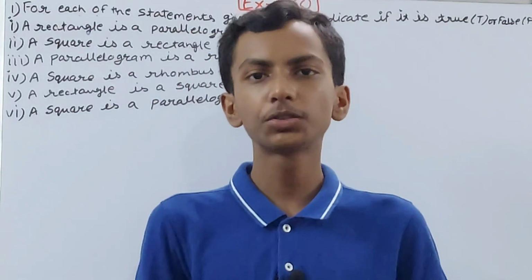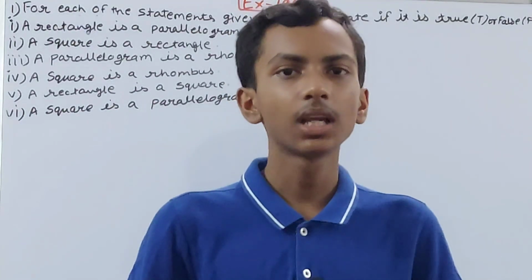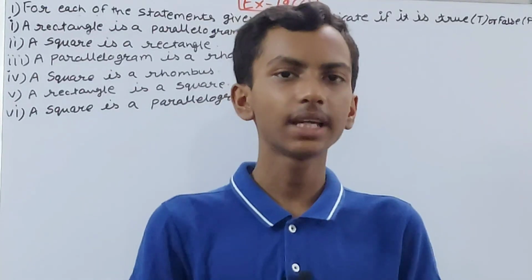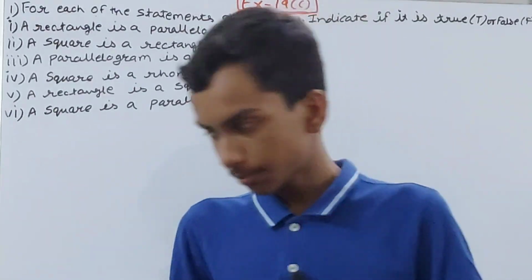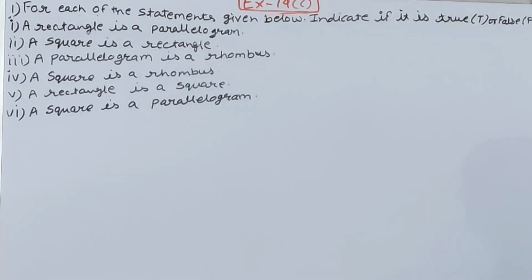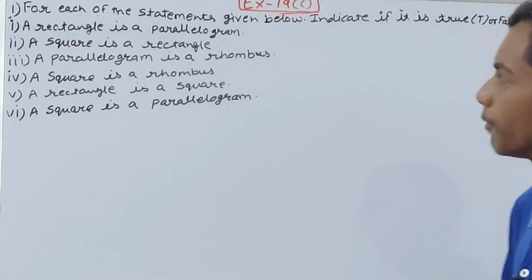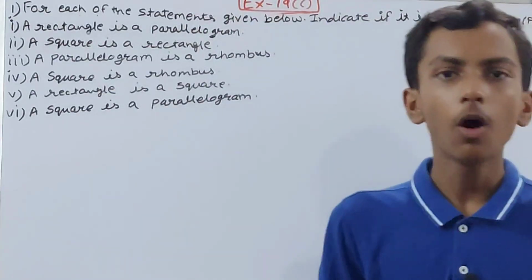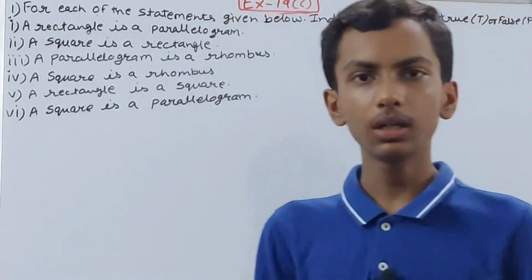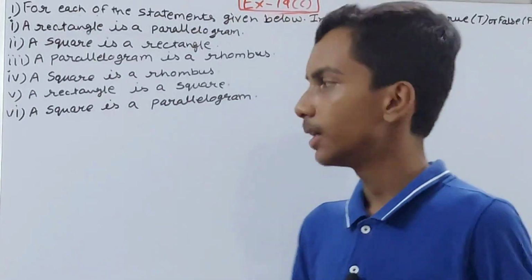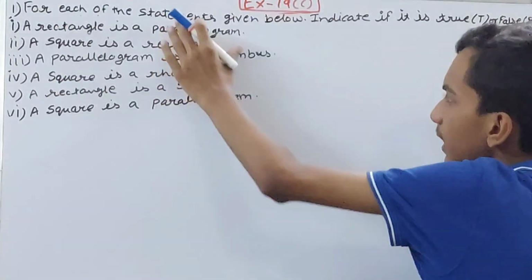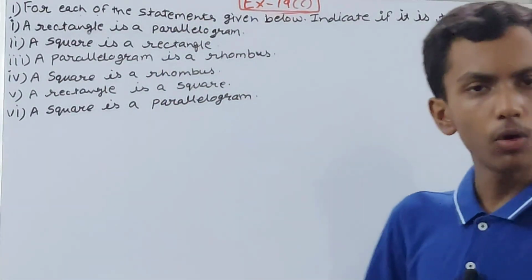In this video we are going to solve ICSE Mathematics Class 8 chapter number 19, special type of quadrilaterals, exercise 19C. Question 1. For each of the statements given below, indicate if it is true or false. So we have to tell if these statements are true or false, and this exercise is based on the parallelogram part. Some part is also there for the other figures, but this question is only based on